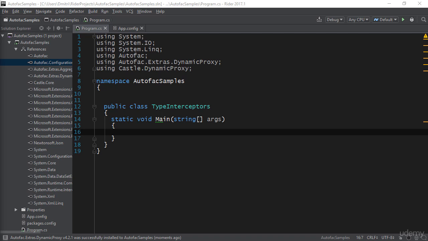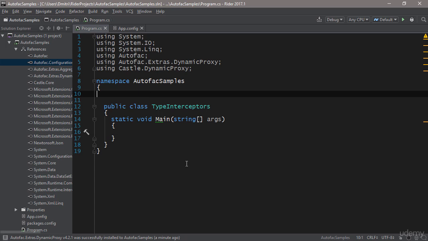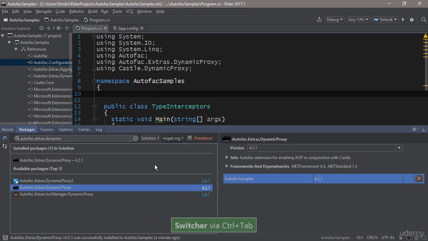Autofac is really friendly with the Castle libraries, and of course the Castle DynamicProxy class is really useful in terms of building up your types and doing all sorts of magical things. So let's suppose that we want to do a bit of aspect-oriented programming. Let's suppose that we want to attach logging functionality to any method that's called in a particular type. We can achieve this using the Castle DynamicProxy, and let me actually show you the set of NuGet packages